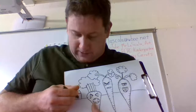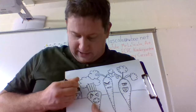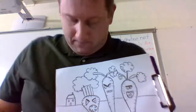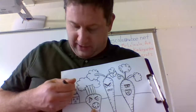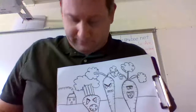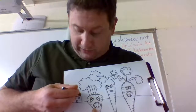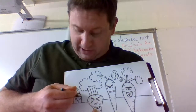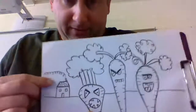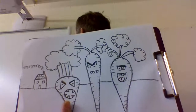You can add a door and some windows. You can even add a smokestack. Remember how we did a rectangle for a smokestack last week? Feel free to do that. You can even put a little bit of a loop-de-loo going out like there's smoke in the fireplace. All right? You can add roofing tile shingles by going like this, making the letter U, like we did our fish scales. All right? We're next going to